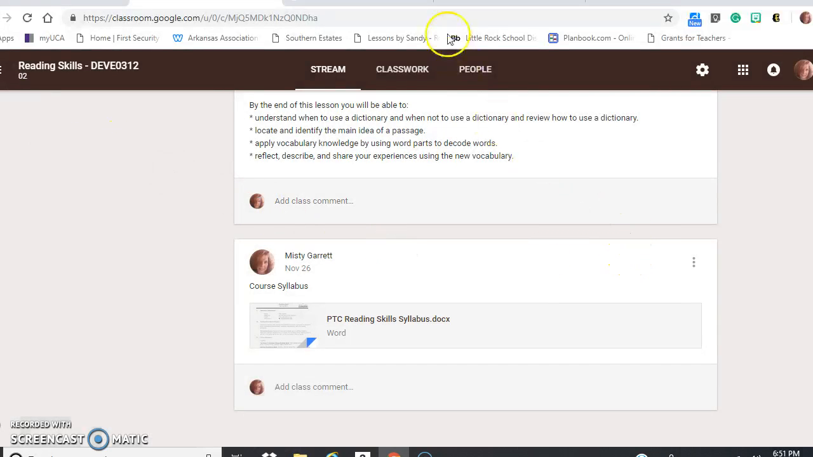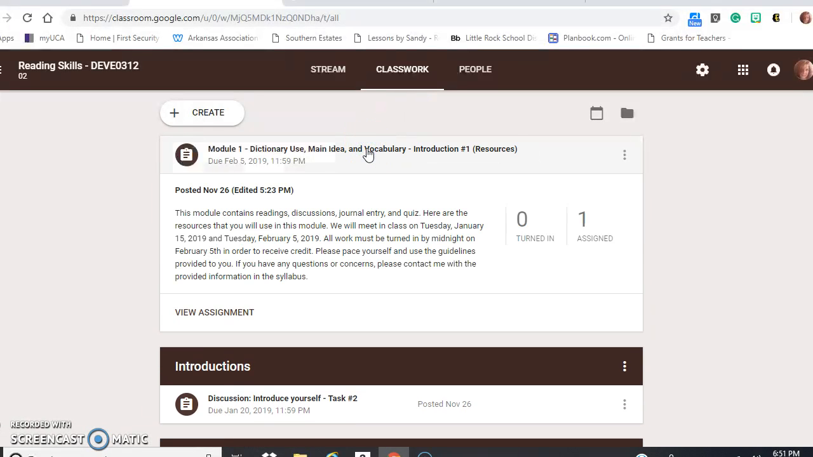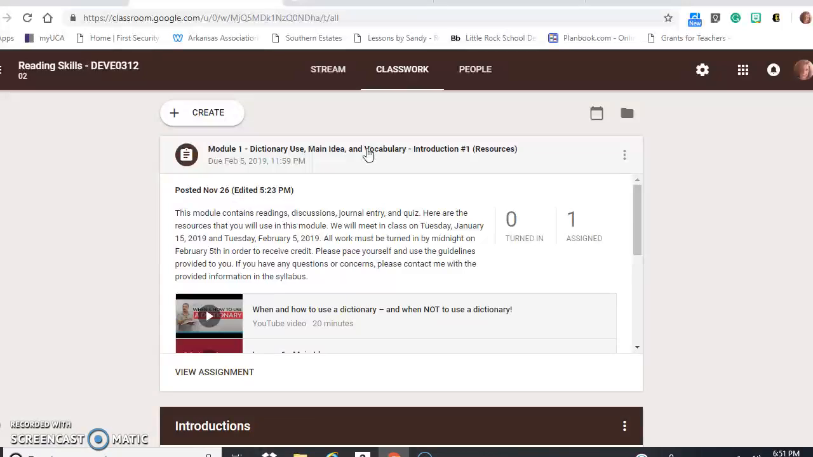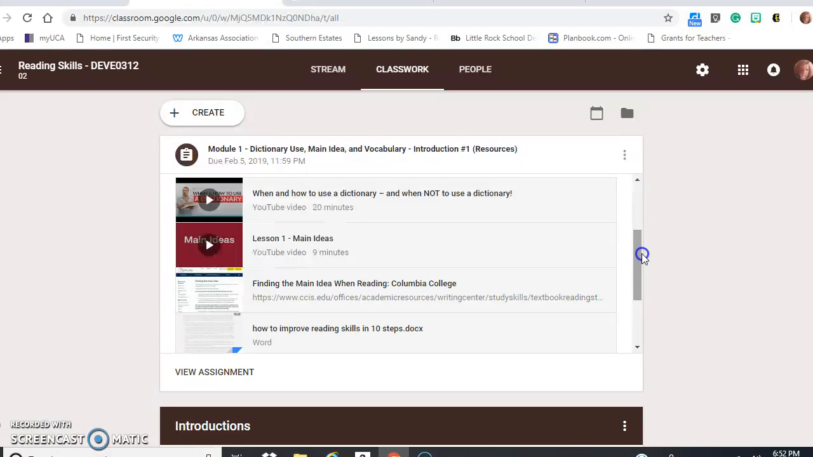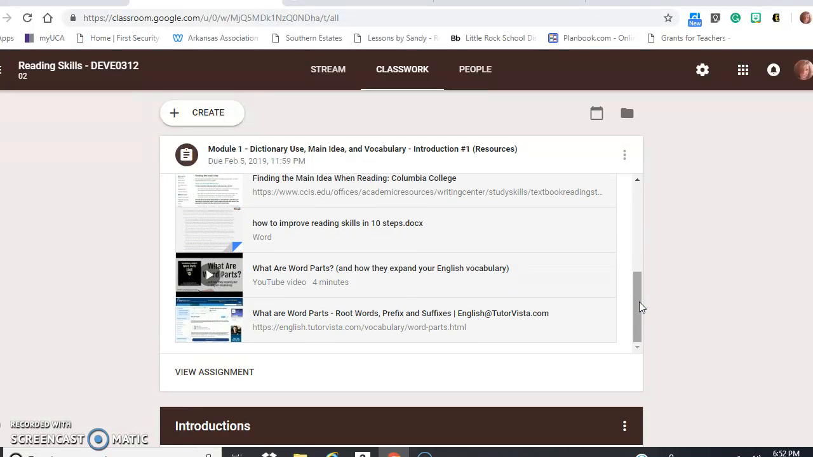Okay, back to classwork. The first thing is the introduction to the module. It kind of tells you what is going to be expected in the module, the due dates. It also has some resources that I was going to use within my course. I have a couple of videos on main idea and how to use a dictionary, a couple websites, a PDF, things like that for my